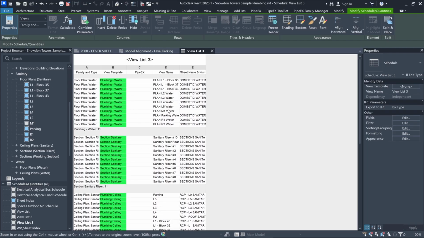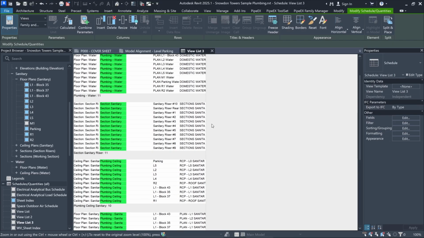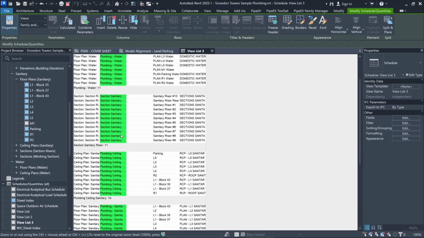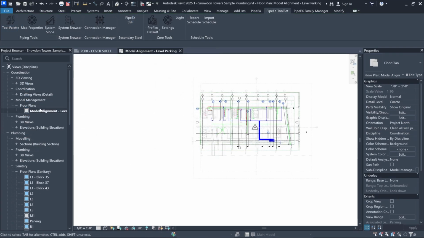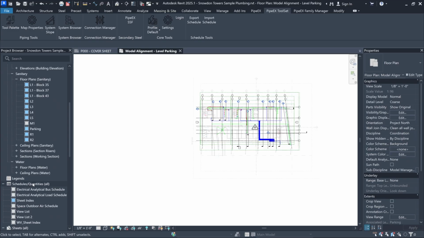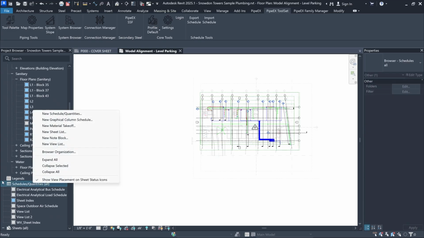Hi everyone! In this tutorial, I will show you how you can create and set up a schedule in Revit. Let's get started. In the project browser, you need to go to Schedules, Quantities, right-click and here select New View